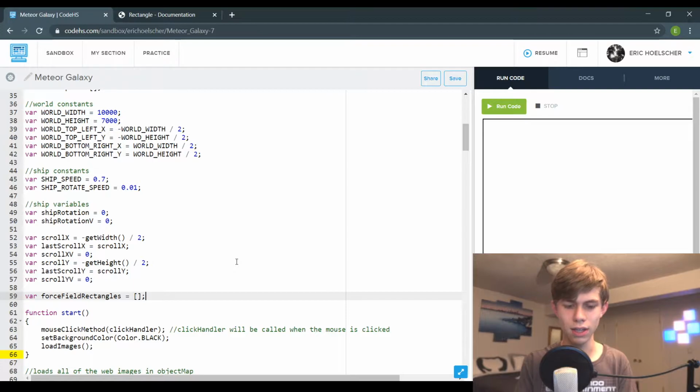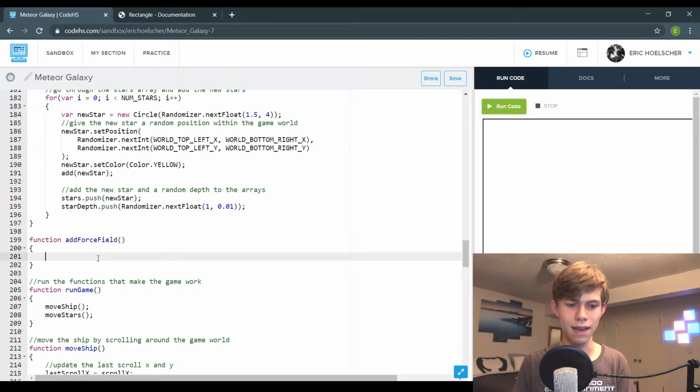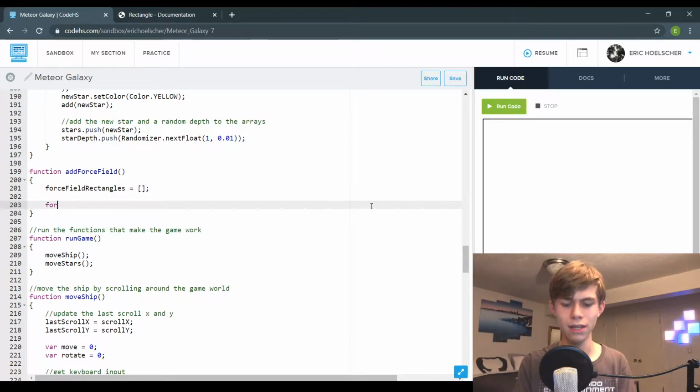And I'm just going to initialize that to an empty array right here. And then down at the beginning of this add force field, this is going to be called at the beginning of the game. And so I'm just going to initialize it to an empty array here, so that clears out all of the old force fields and then makes them fresh. Next, we need to